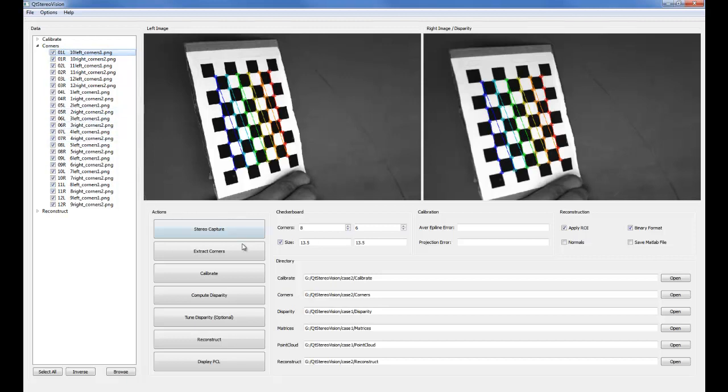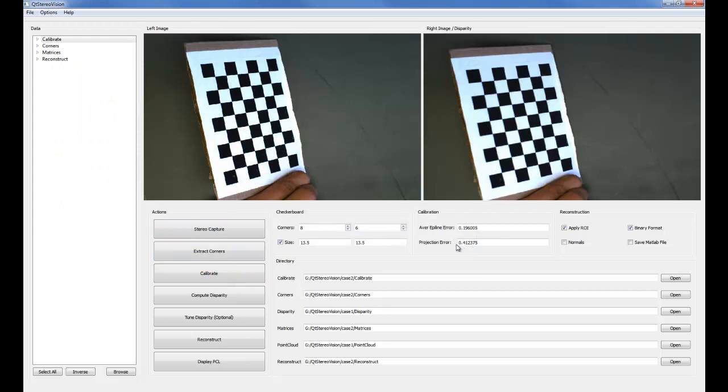After corners are extracted, we can calibrate the stereo camera by clicking the Calibrate button. The output matrices and error metrics can be reviewed via the tree panel under the matrices heading. In short, the average epiline error and the projection error will provide the user with an indication of the quality